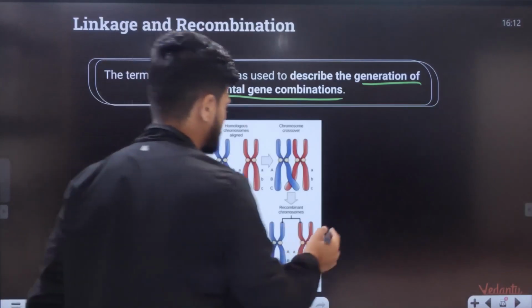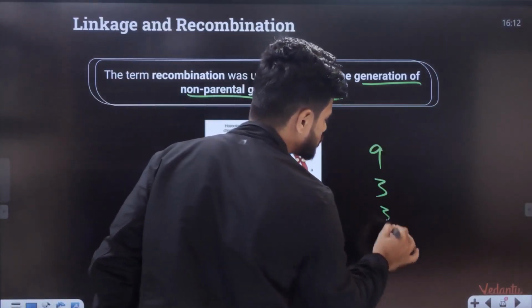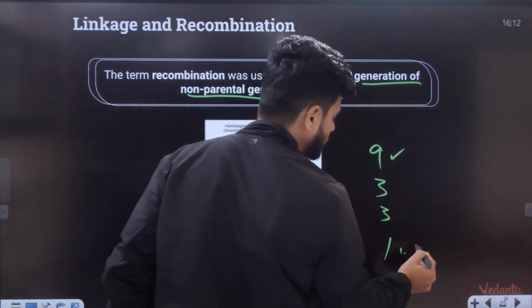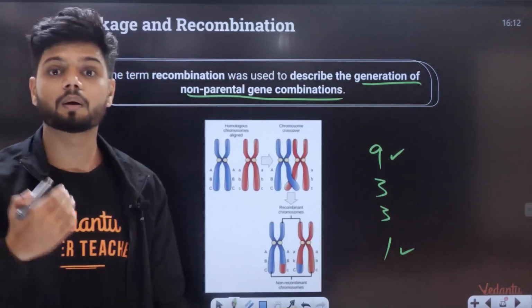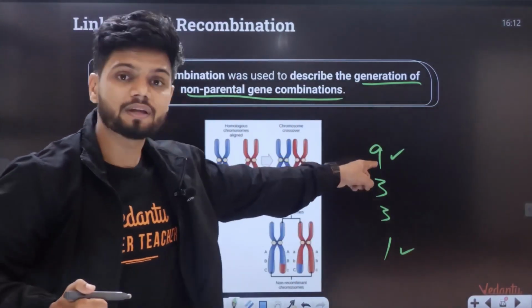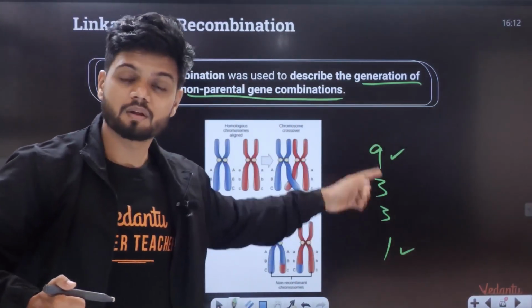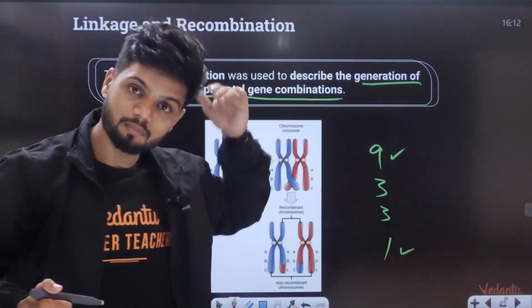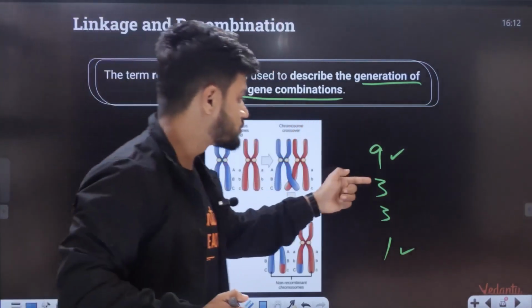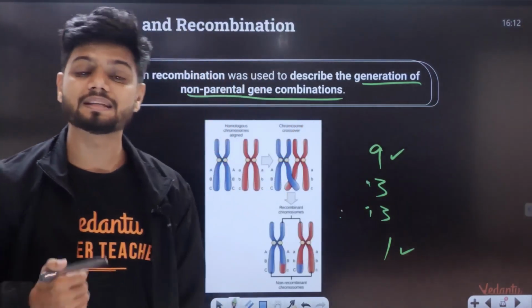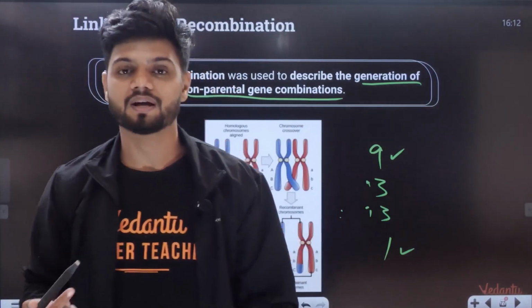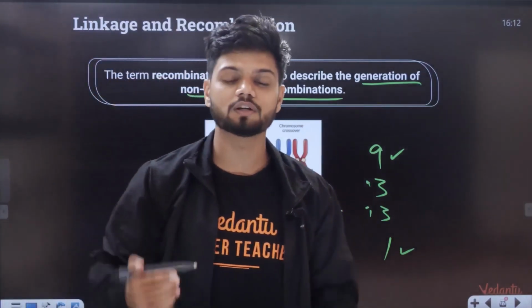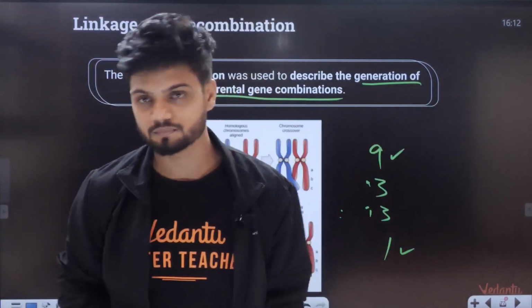If you remember, students, 9:3:1, the 9 and the 1, both of them were parental. Round and yellow, wrinkled and green, both are just like your parents used in the dihybrid. But these two are recombinant types, and recombination only happens when the two genes are very far from each other. Okay,